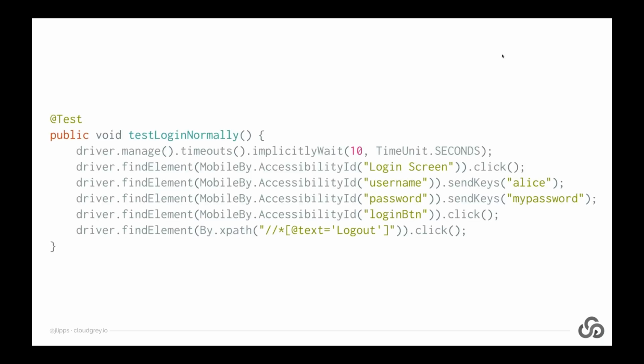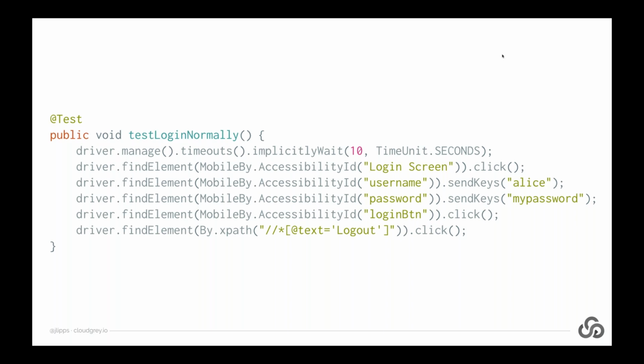Well, let's first take a look at a very simple test that's written without this feature. So this is a test of login in my silly little test app that I have, where we're first setting an implicit wait timeout because we're lazy and don't want to use explicit wait, so we're using an implicit wait. And then we're finding these different elements by accessibility ID and interacting with them using the standard Appium WebDriver API,